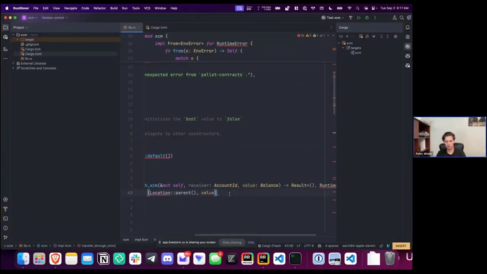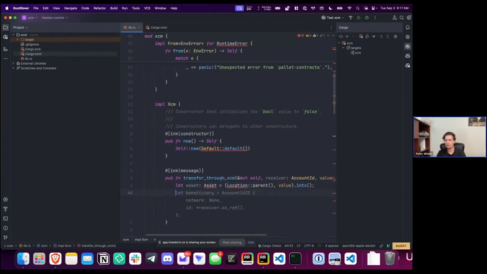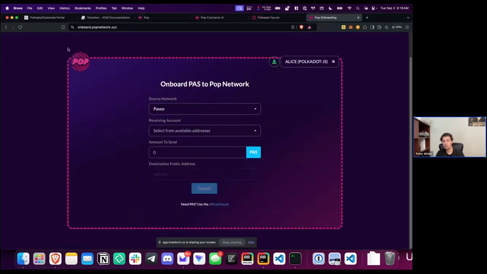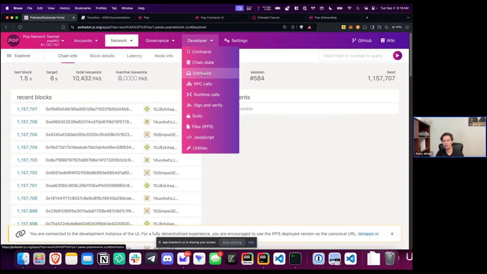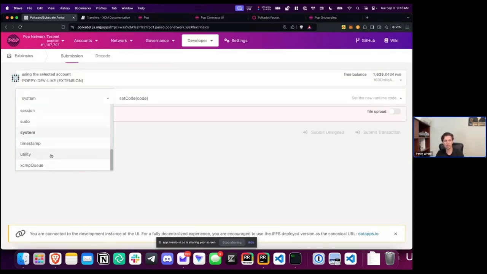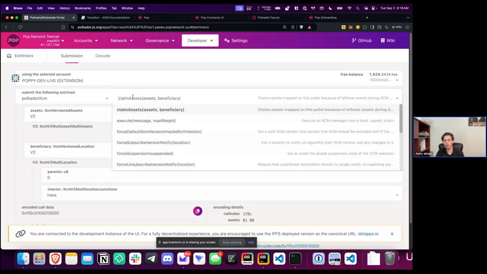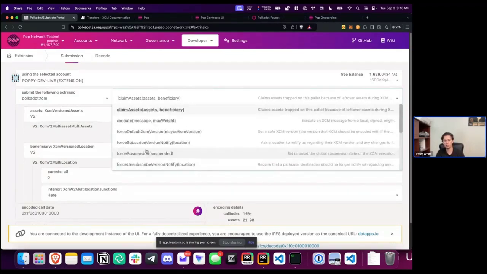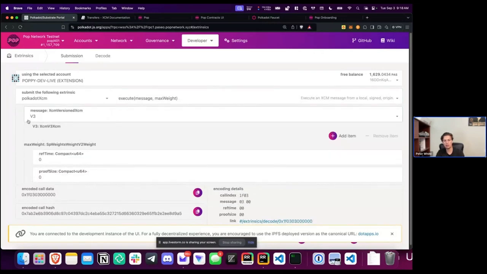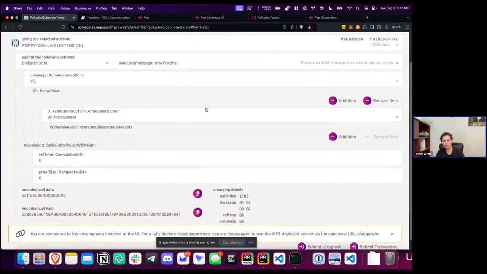And then we do need to actually call that into. And then we need to do the beneficiary. And I suppose maybe it could be easier to actually look at this just regular XCM first. So if we go to extrinsics, so this is just in the Polkadot.js, because this is just XCM messages, not special to ink. So if we wanted to do a transfer locally, we could set it up here. So we would do an execute, and we'd set up our messages. So we'd have to do withdraw asset, and